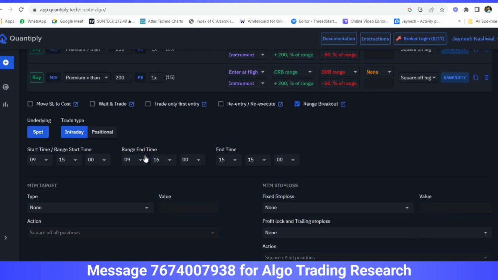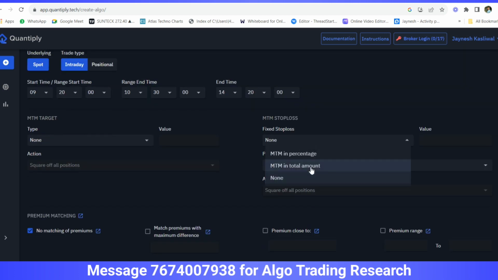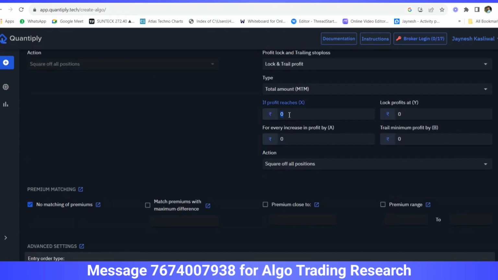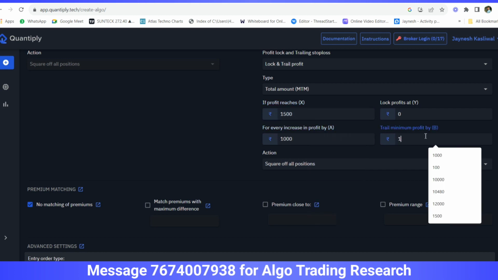गो डाउन, स्टार्ट एंट्री टाइम एंड रेंज एग्जिट टाइम। सो एंट्री टाइम हमारा रेंज का हो गया 920, एग्जिट टाइम हमारा हो गया 1030 एंड स्ट्रैटेजी का एग्जिट टाइम हो गया 1420। बेसिकली रेंज का एग्जिट टाइम और स्ट्रैटेजी का एग्जिट टाइम अलग है। रेंज बेसिकली इट इज फॉर कैलकुलेटिंग द रेंज ऑफ द टाइम, फ्रॉम व्हाट टाइम टू व्हाट टाइम यू वांट टू कैलकुलेट रेंज। द एंड टाइम इज व्हेन द स्ट्रैटेजी शुड गेट एंटायरली क्लोज्ड। एम टू एम स्टॉप लॉस आ गया आपका 1200 रुपीज या 1000 रुपीज पर लॉट। देन गो डाउन, लॉक एंड ट्रेल आ गया। लॉक एंड ट्रेल में जाओ, एड टोटल अमाउंट, click on add 1500 rupees to zero, and for 1000 rupees 1000 rupees।